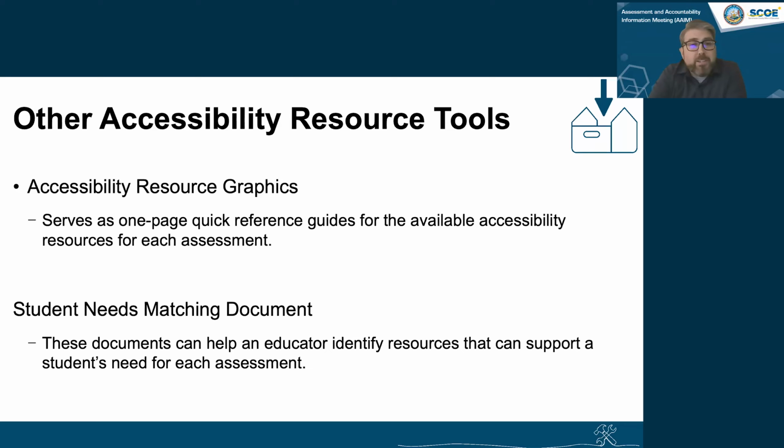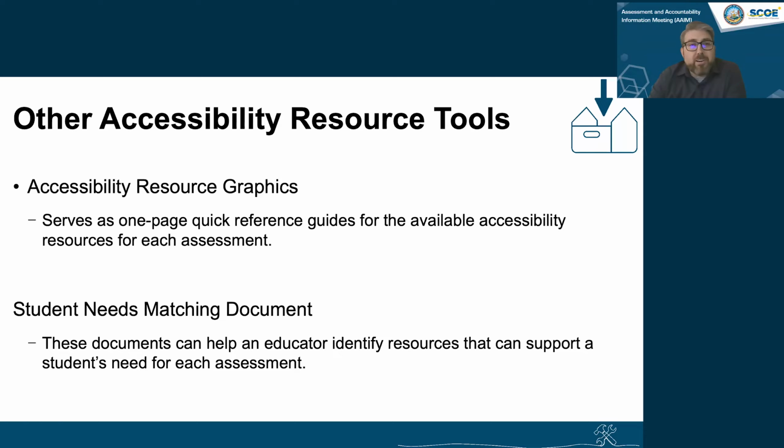They are one-page quick reference guides of the available accessibility resources for each assessment. And the student needs matching documents are relatively new, but these documents were designed to help educators identify resources that can support a student's need for each assessment.